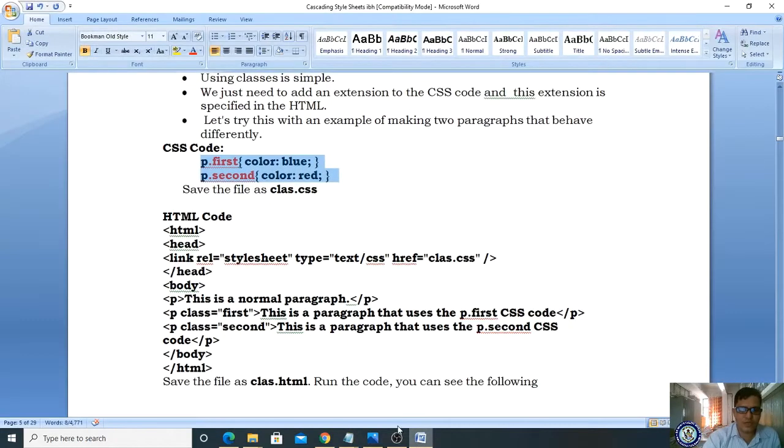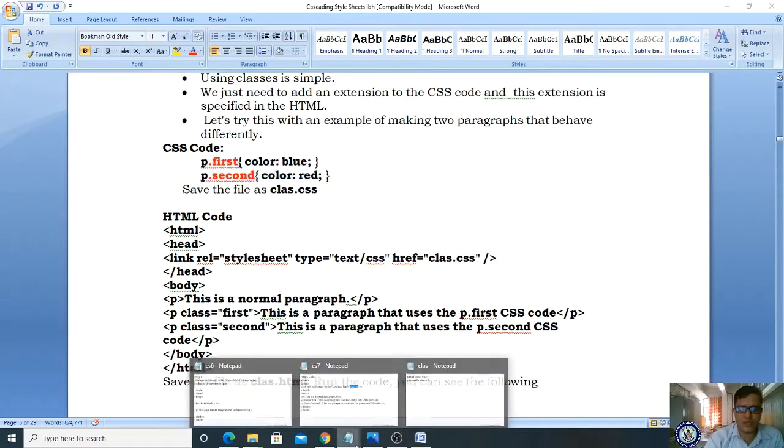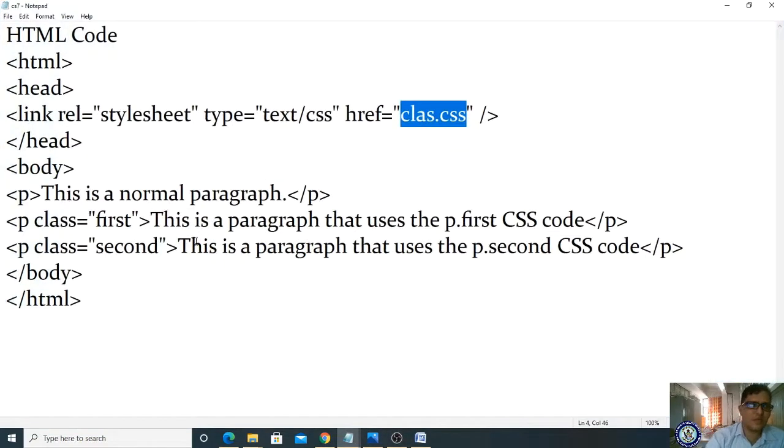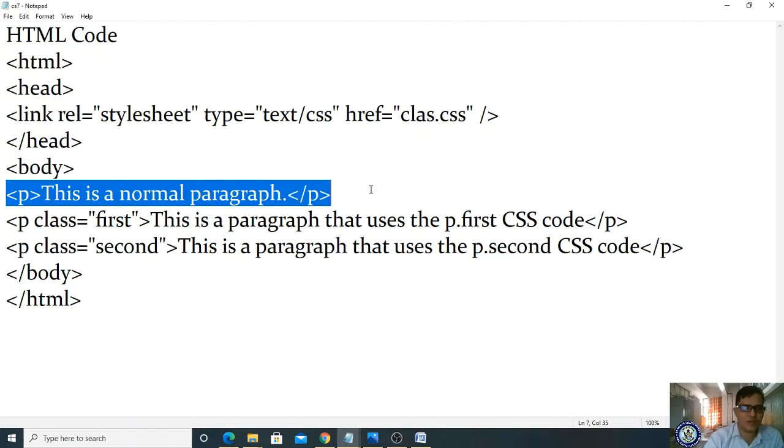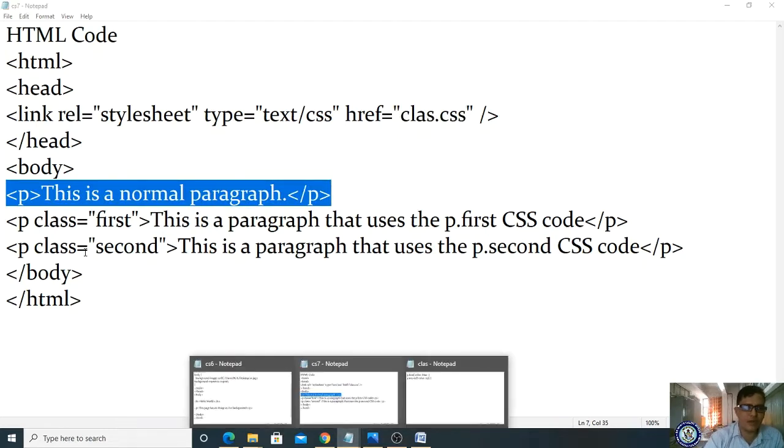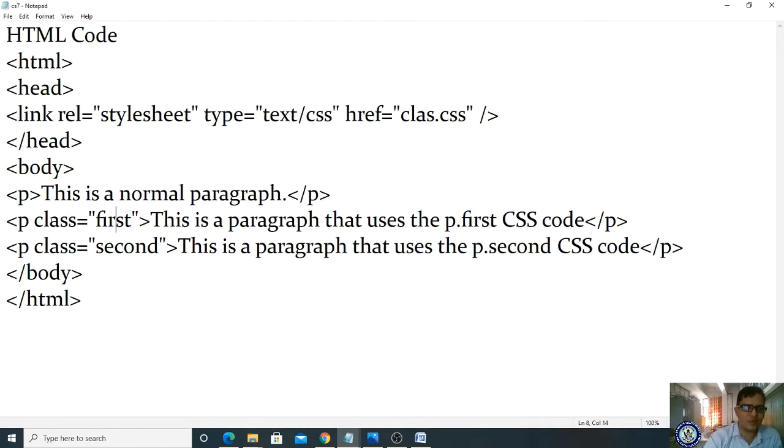So for that, we have specified it in the code, and we have written this HTML code in your CSS. Here we are taking the normal paragraph. We have not specified any styles, and for the paragraph class equal to first, you are using the class concept. So you have to use a class declaration.